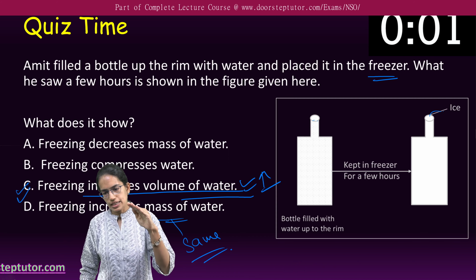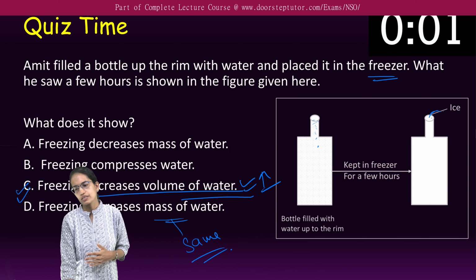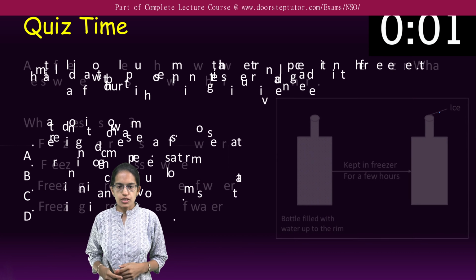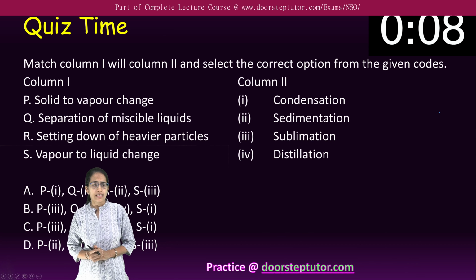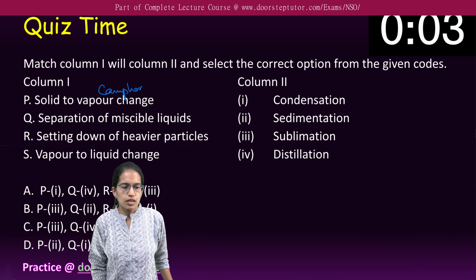So in the initial case, it was water up to the brim, but as soon as the ice was formed, the ice came out and it was till the rim, we could say, or the top of it. Now, what are they called? When a solid changes into vapor, camphor, while